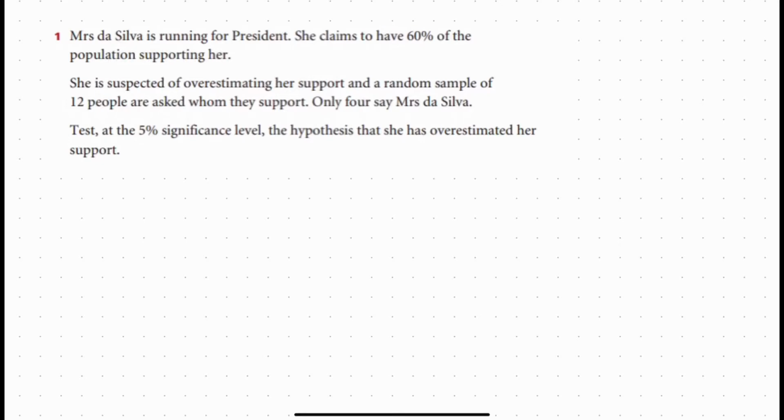So this is question 1 of exercise 8A. The first thing that we need to do with this question is set up our hypothesis tests, our null hypothesis and our alternative hypothesis. So the null hypothesis would be probability is equal to 0.6, which is Mrs. De Silva